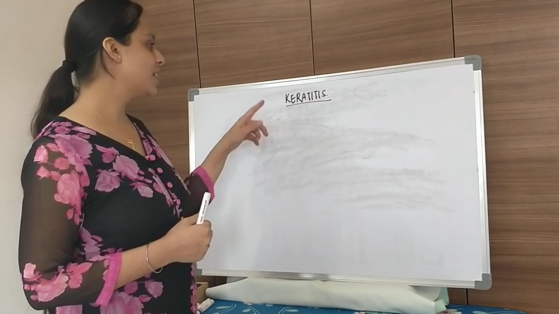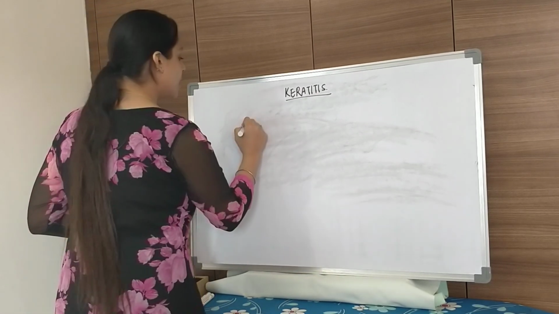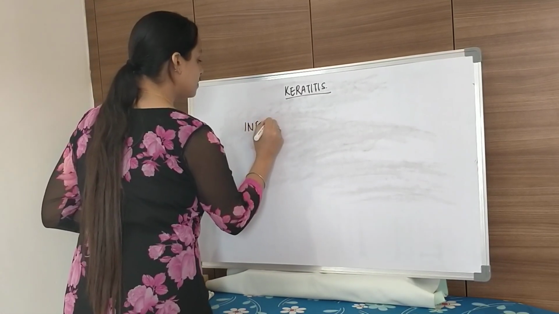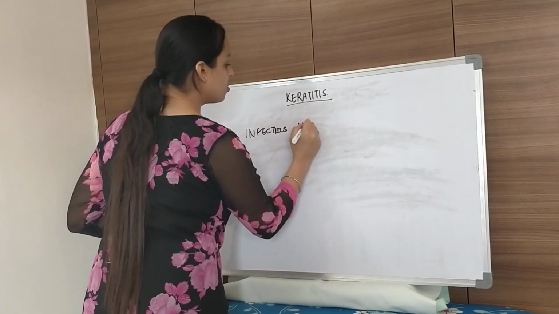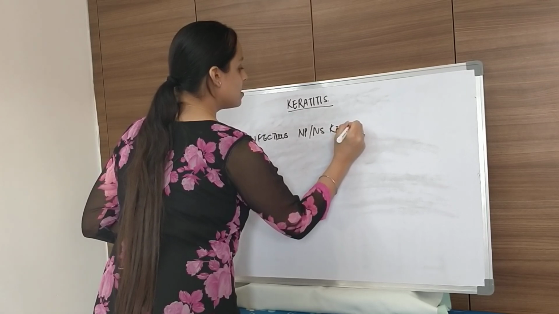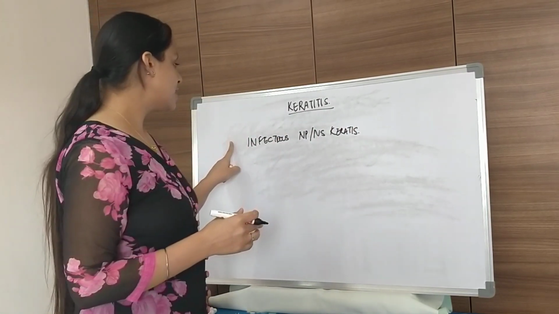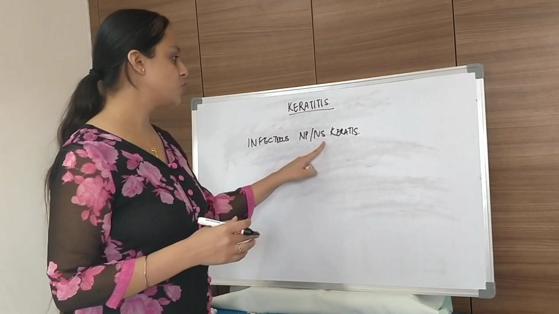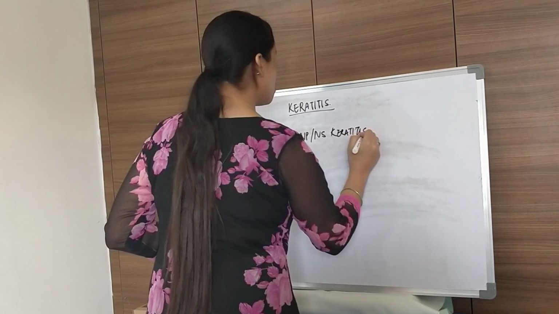So hello everyone, today I'll continue my discussion on keratitis and today I'll be talking to you about infectious, non-purulent or non-suppurative keratitis. So in my last class I already discussed the purulent types of keratitis. So in today's class mainly infectious, non-purulent or non-suppurative keratitis, and the organisms which cause them are